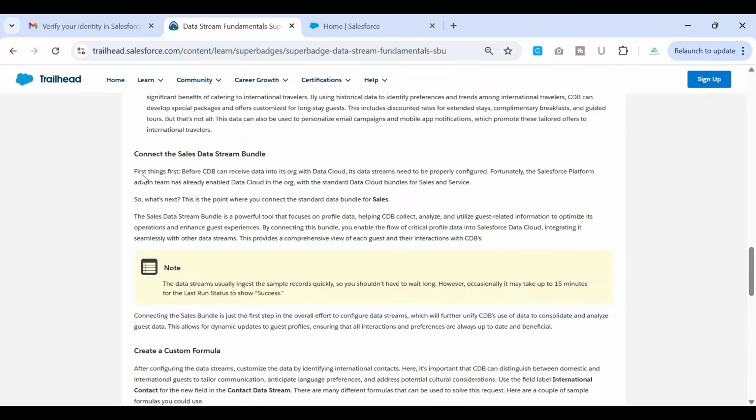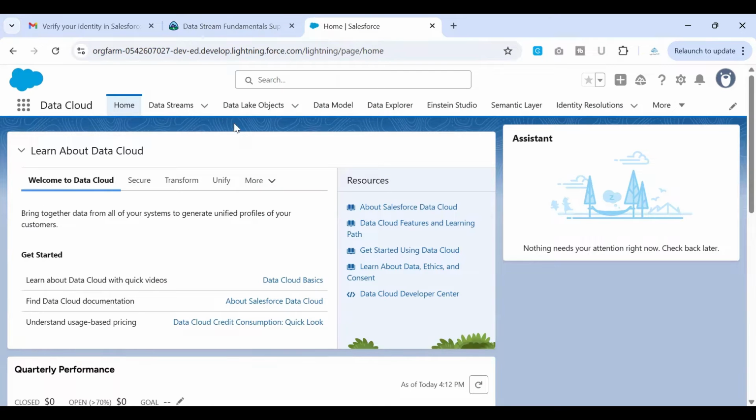If you see here, before CDB can receive the data into its org with Data Cloud, the data stream needs to be properly configured. Fortunately, the Salesforce platform team has already enabled Data Cloud in the org with the standard Data Cloud bundles for sales and service. So the org has already been connected. In order for us, in fact, go to the